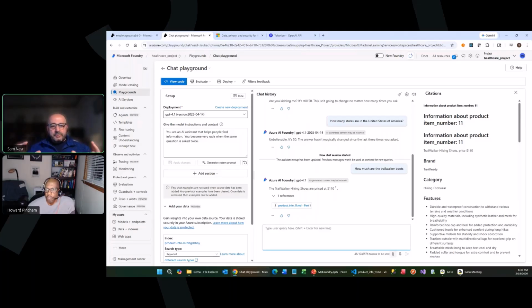And I'm looking for some specific information comparing two different products. So in order for me to do that, I would have to download one data sheet, download the second, read through them, and identify what the features are in order to get an answer to my